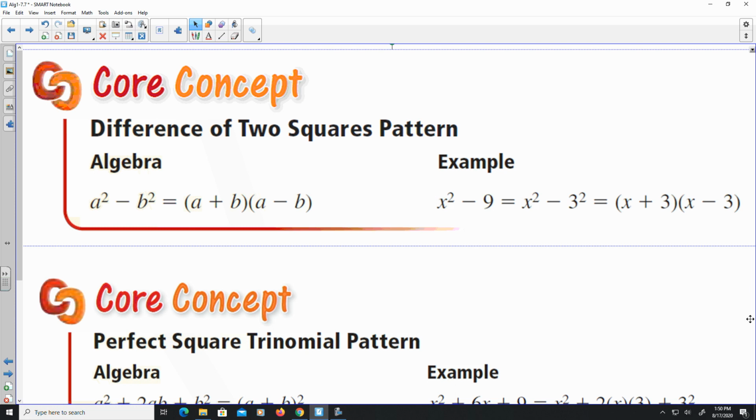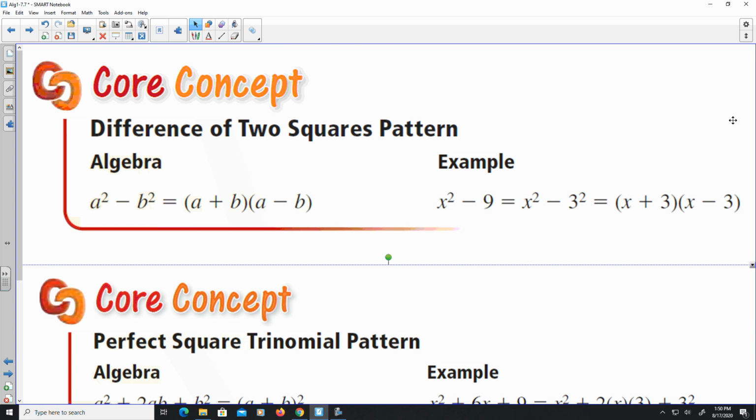So if you notice, if something is a sum and difference pattern, first off, it's going to be a binomial for starters, and both terms are going to be perfect square numbers. So how do you identify what perfect square numbers are? Basically, if you just go down the number line,